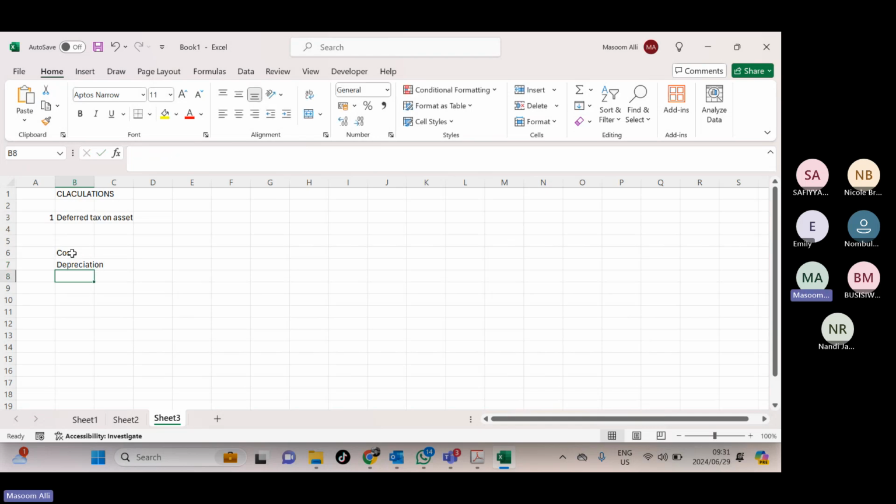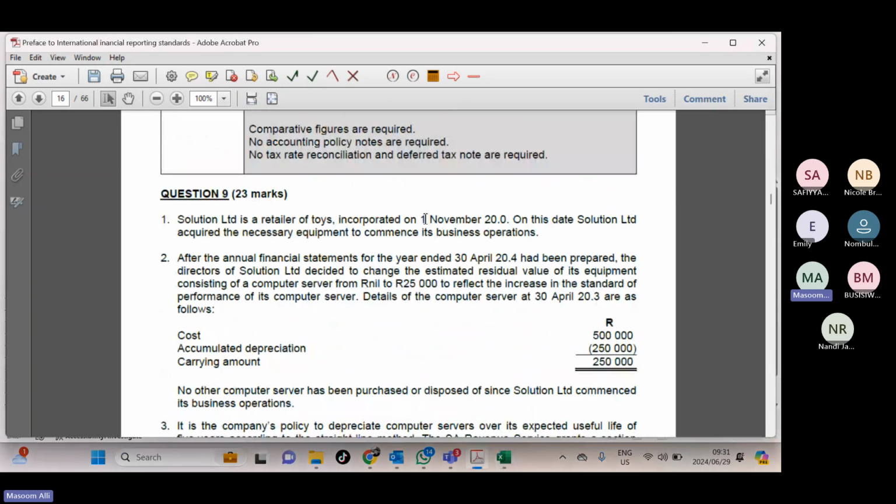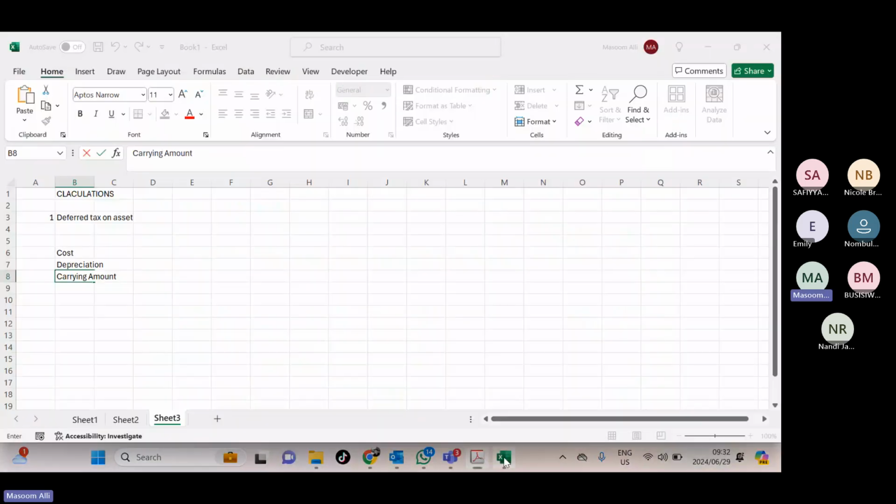For your purposes, you can do whichever way is going to be easier for you to calculate the amounts, right? So the carrying amount as at when was the asset acquired? From the 1st of November 2000, right? So that means the first year end would have been 30 April 2001, right? So it's carrying amount